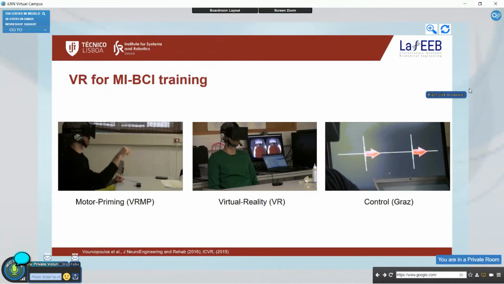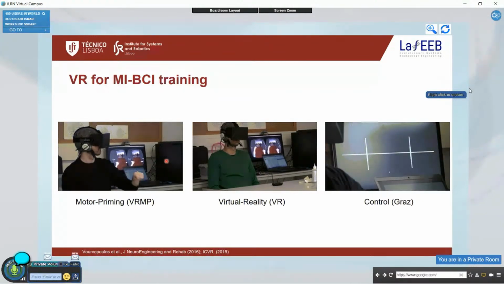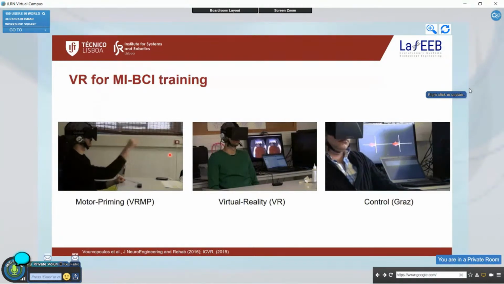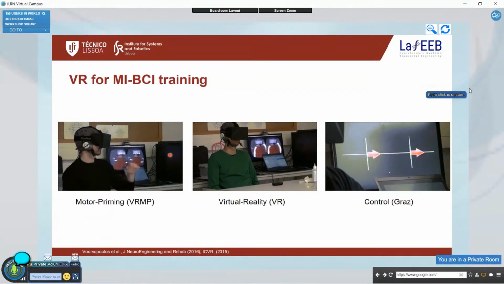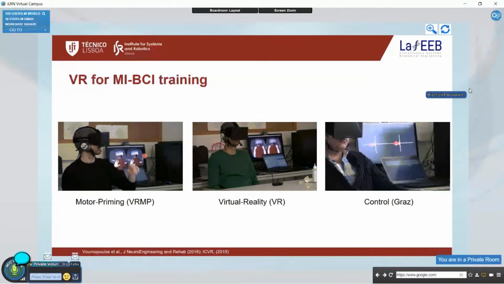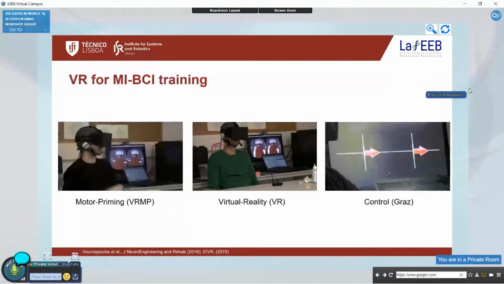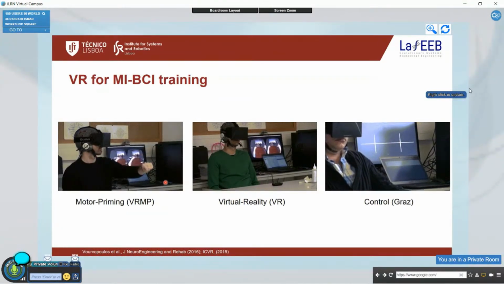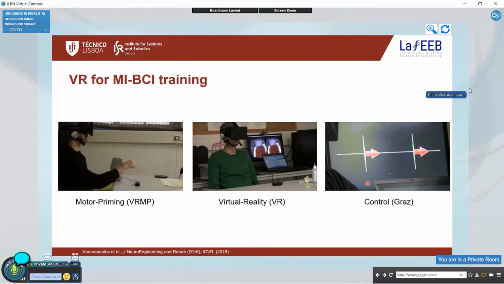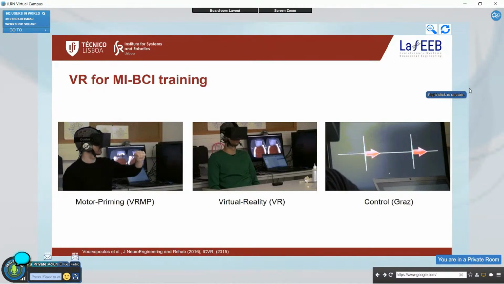The first one includes the introduction of a motor priming session, where we mapped the hands of the participant to the virtual environment, and they had to perform the task physically. After the physical task, they had to perform the same through motor imagery in VR. And in the second condition, they had to perform exactly the same training without the motor priming. And in the third condition, which is the control condition, they had to perform the same motor imagery, but with